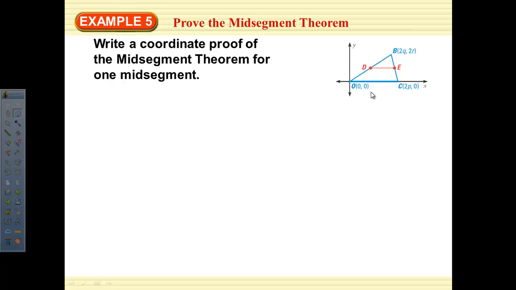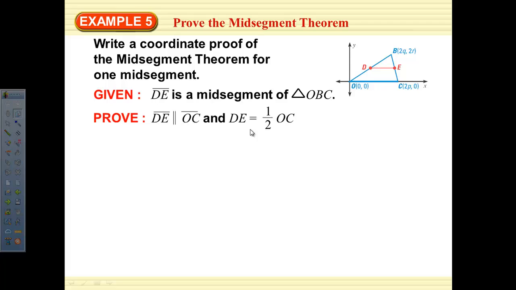We're also going to look at the distance from O to C and compare it to the distance from D to E. So we're given that, and we want to prove that it's parallel and that DE is equal to half of OC. So again, we need to prove that these are parallel by looking at the slope. And then once we know the coordinates of D and the coordinates of E, we can find the distance from D to E and also the distance from O to C,